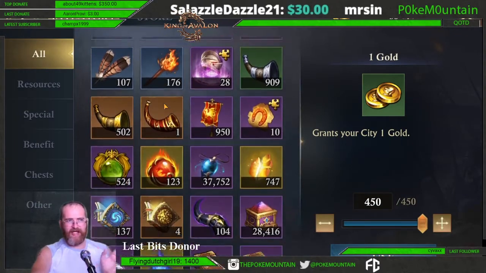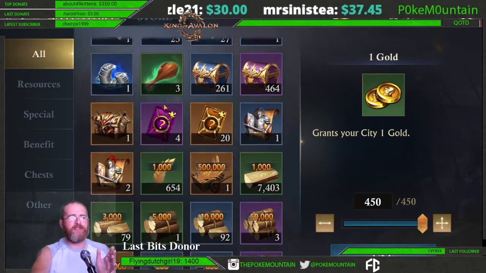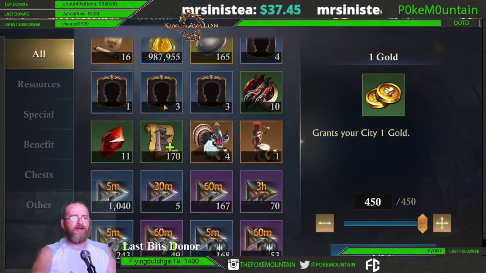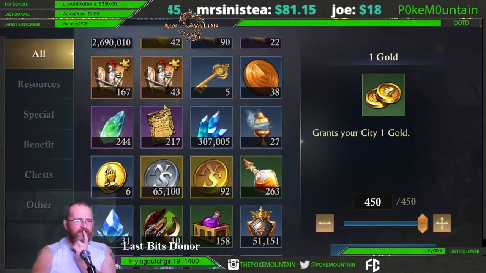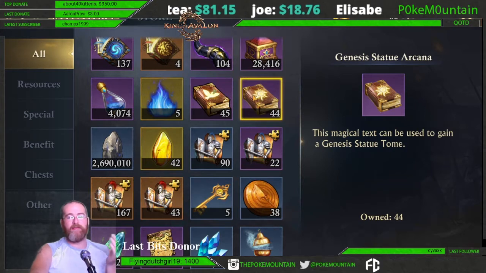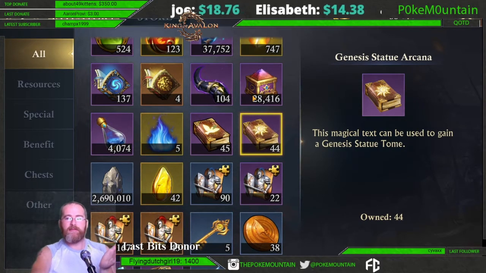I think I had maybe two Genesis Arcana tomes in my inventory, and everything moved, so I've got to find it now. Hold on a second. How many was I sitting on? I think it's 15 or something. 44. Well, okay. So most of these I have earned just through the turkey event, doing all the